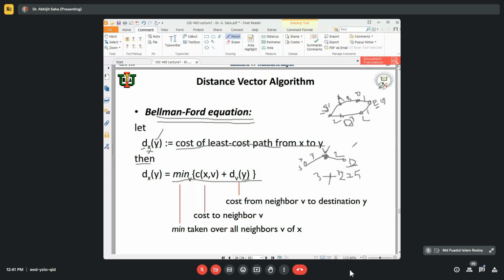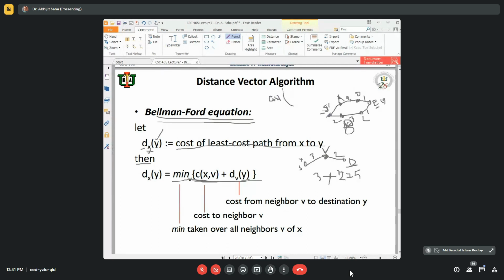So now look, this is telling the cost of x to v. So x to v, here we are having two paths, so that means two direct neighbors are there. I am having one is A and one is B. Okay, so that A and B, if I want to find a path, that is going to be cost of